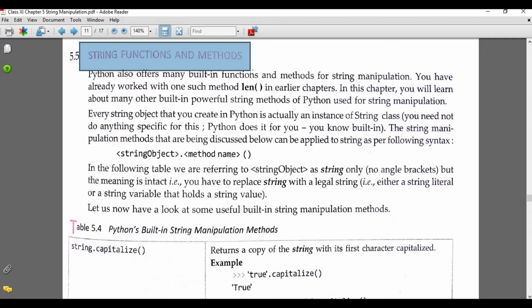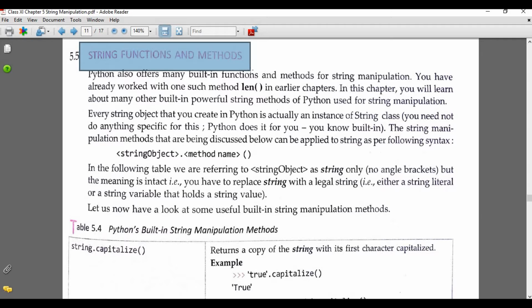You can say either string functions or string methods. But when we are talking about object oriented programming, everything works with class and object.